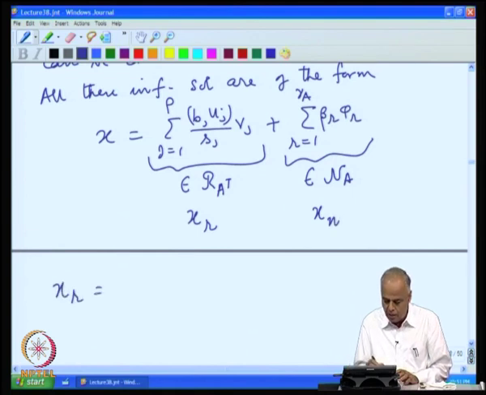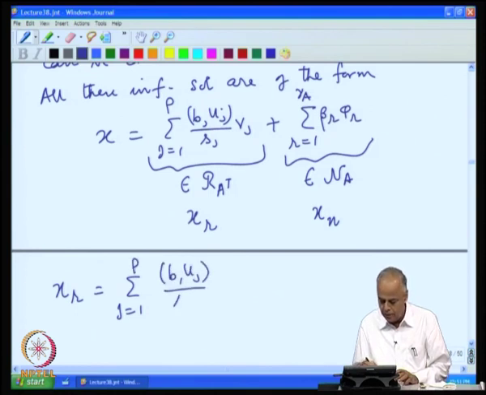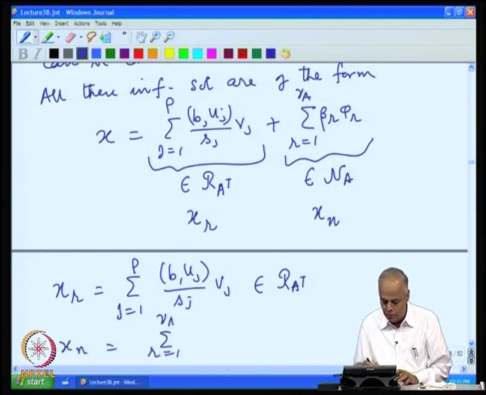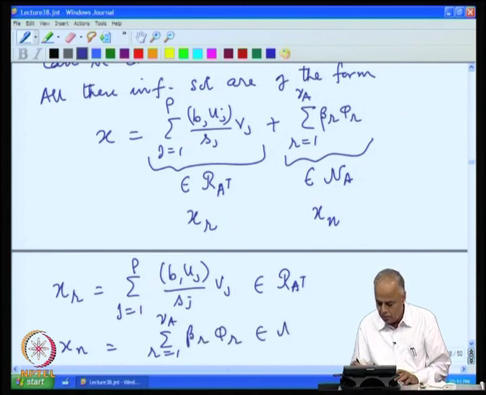So, Xr is summation j equal to 1 to rho b u j by s j into v j. This belongs to the range of A transpose. Xn is summation r equal to 1 to nu a beta r phi r, which belongs to the null space